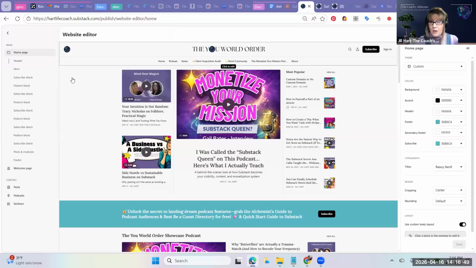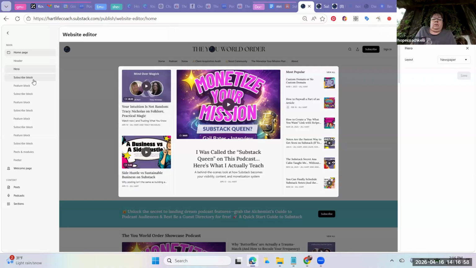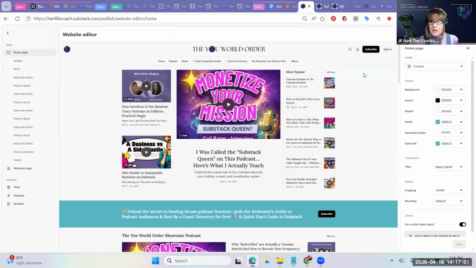And this is the home page. And you can edit the header. You can edit the hero section. We're going to talk about the subscribe block here in just a second, but the subscribe block is this block here. And you can make it different colors now. You couldn't do that before. And you can even add an image. I've seen people add an image and then it makes this part smaller and more to the right. And if you don't have the subscribe banners on there, then you get a sidebar on the right side where you can put other links.